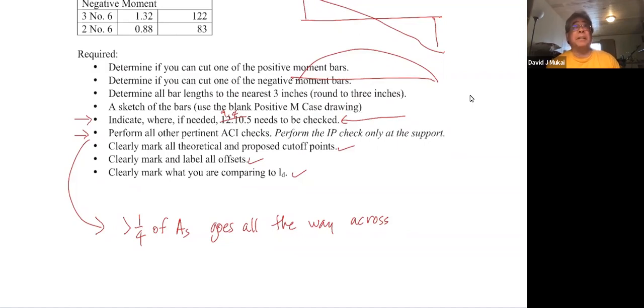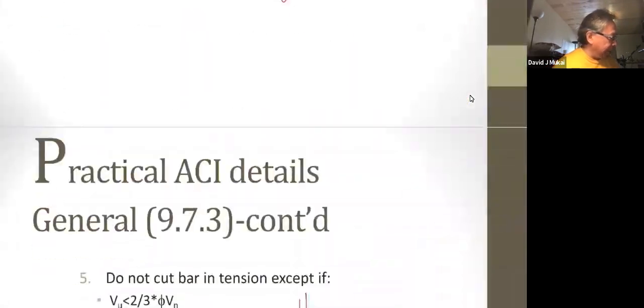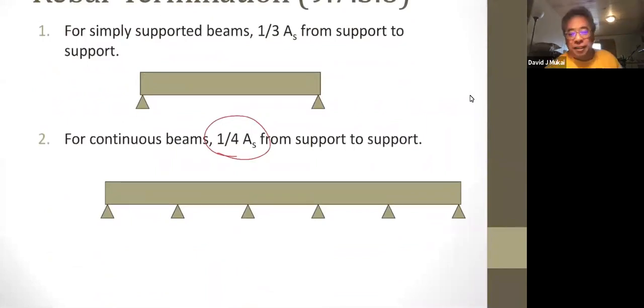Because even if you had 8 bars and you cut 6 of them off, that's still 3/4. By 1/4. It's almost impossible for this not to happen, but you know, it's a code, you got to check it. So okay, so that's the first thing you got to check. Did I make at least 1/4 of the bars go from the support to the support? Okay,